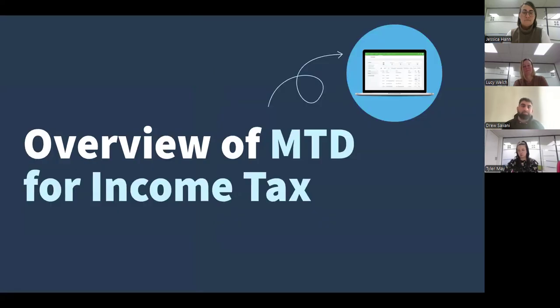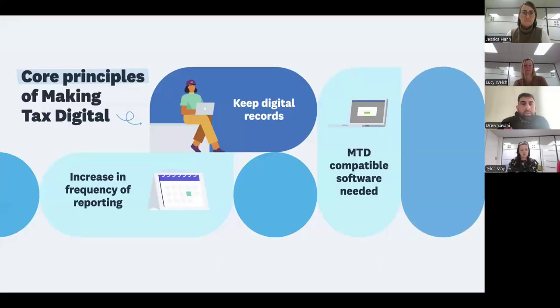Cool. So, an overview of making tax digital for income tax. There are 3 core principles when it comes to making tax digital. Okay, so the first one is digital record keeping, ensuring that records are maintained digitally for transparency and accuracy. 2 is the increase in frequency of reporting.